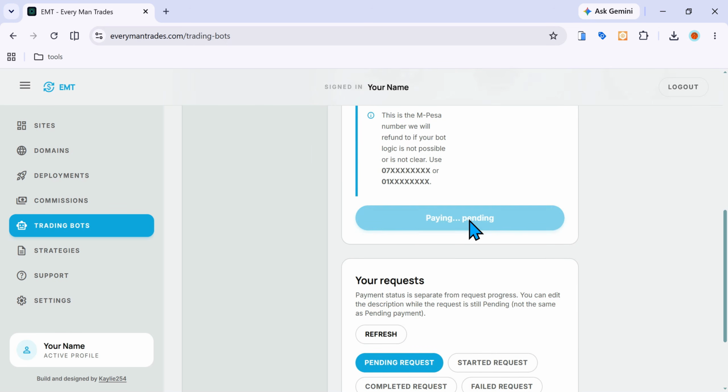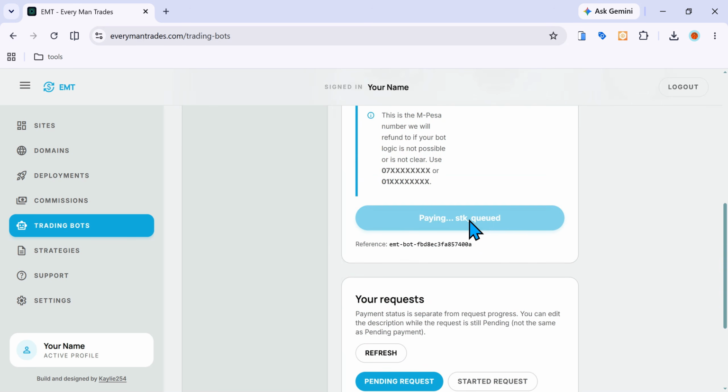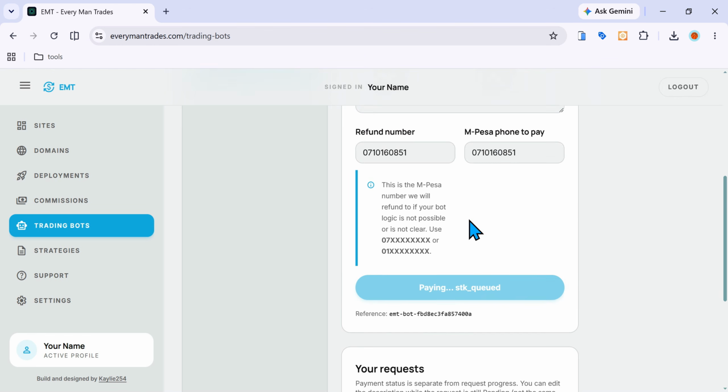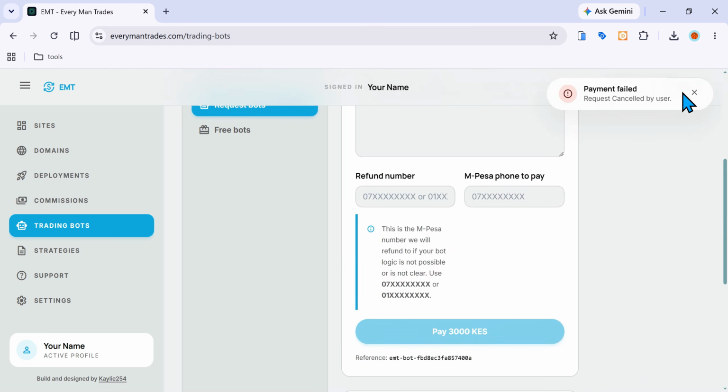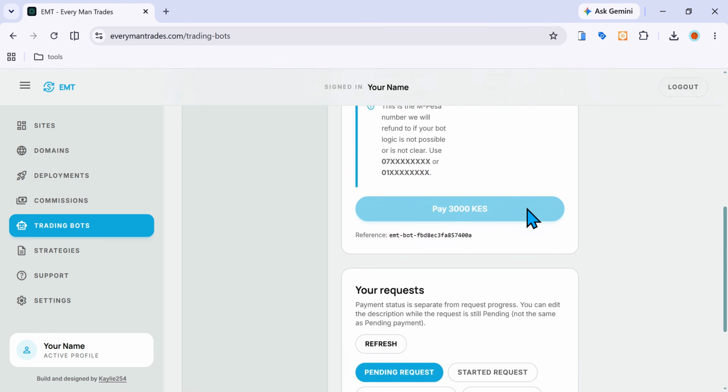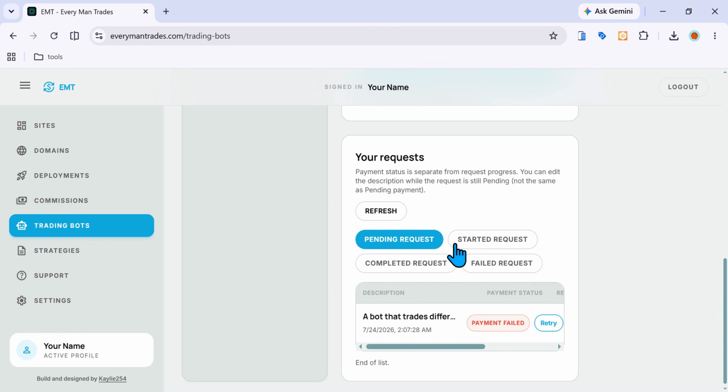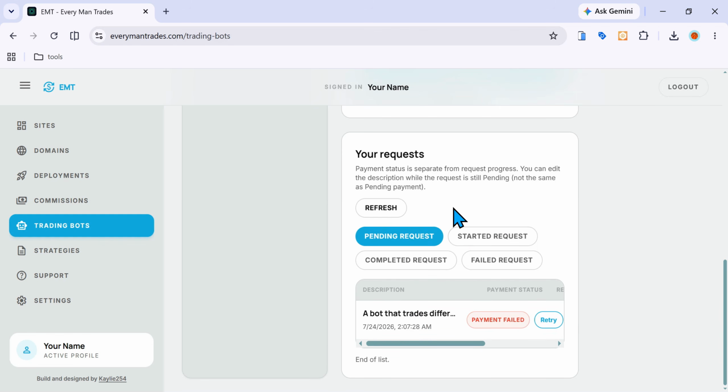and then click pay, and then a payment STK will be sent to your phone. Then you'll enter the M-Pesa number and pay the amount that has been specified. I'll cancel the request. After you pay the amount, your bot request will show here that the payment has been paid. If it failed, then you can retry here, and then after payment, the admin will start creating the bot,